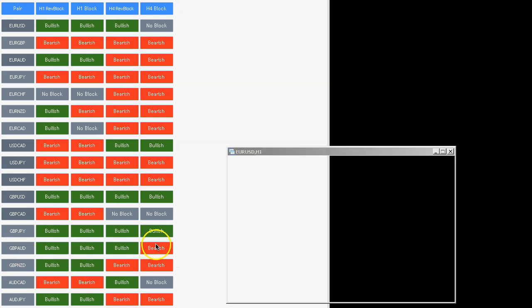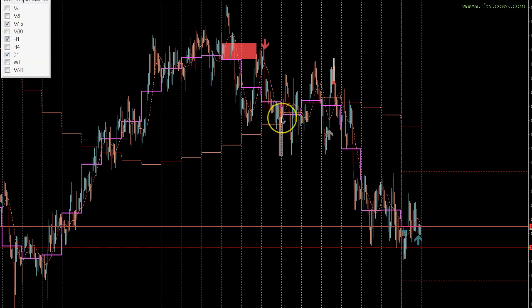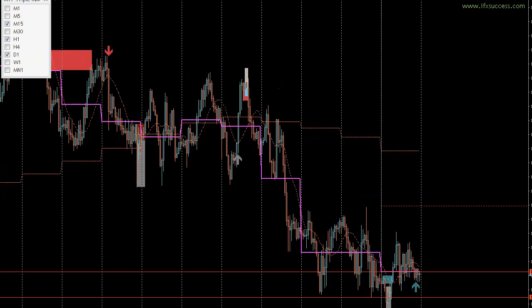We have a bearish block, but this one again looks good. If we minimize it, like I said, you want to make sense of the market. We have here what we call base camp, really close to it, and this could be a nice support right over here, somewhere around here. So it is somewhere close to a support, where this bullish block right here, we can tell that we saw a stronger move to the downside, happened already for a couple of days. So definitely it could give us a